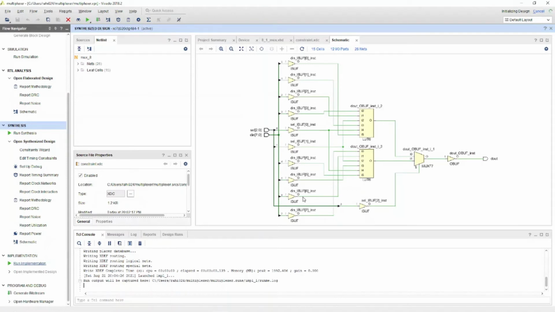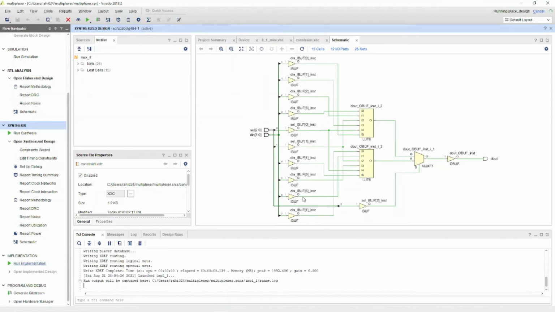But let's wait. Implementation takes time depending on the power of your system, so you don't need to worry.